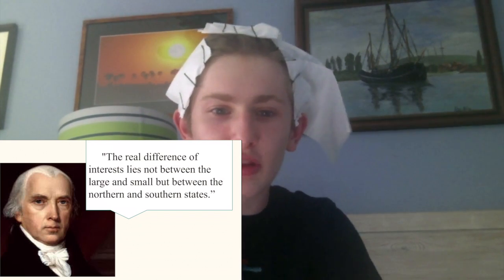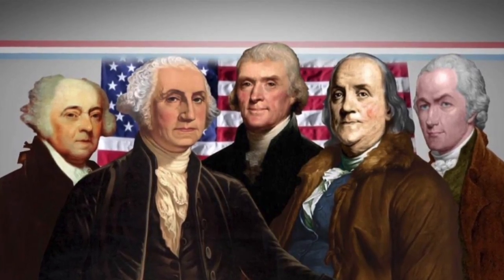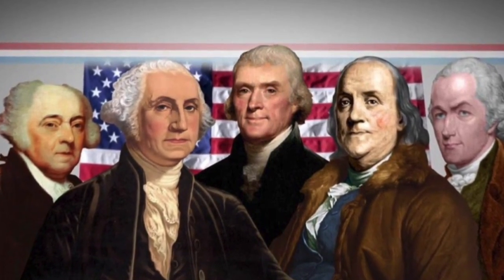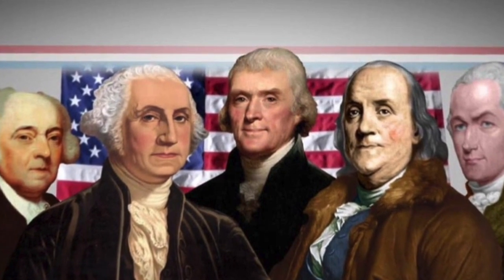Here comes James Madison. It is also important to understand and address the Founding Fathers' ideas regarding this issue. After the Great Compromise was approved, Virginian delegate James Madison wrote, "The real difference of interest lies not between the large and small, but between the northern and southern states." And after the Constitution and the Great Compromise, the framers knew that the United States was hardly perfect and free, and they knew there would be a large amount of compromises to sign and wars to fight between the states to make large advances to the abolishment of slavery.